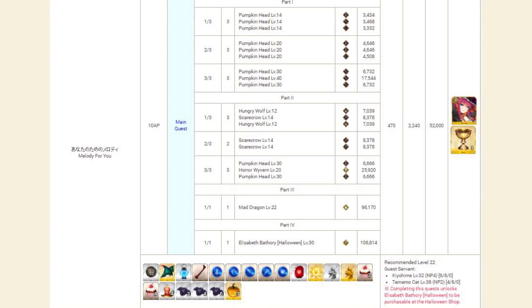So don't worry too much about it. Any strong rider is great for this event. Whether it's Medusa or Drake or anyone in between, you should be more than prepared for this event. You may also want to bring a strong caster like Medea to deal with some assassin enemies that pop up,